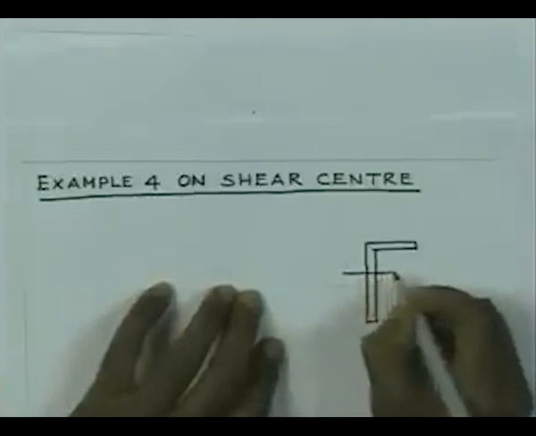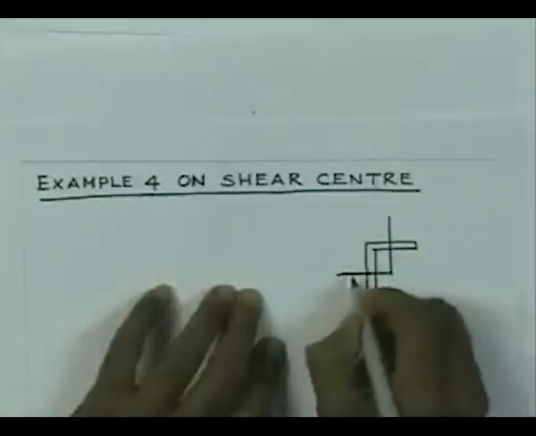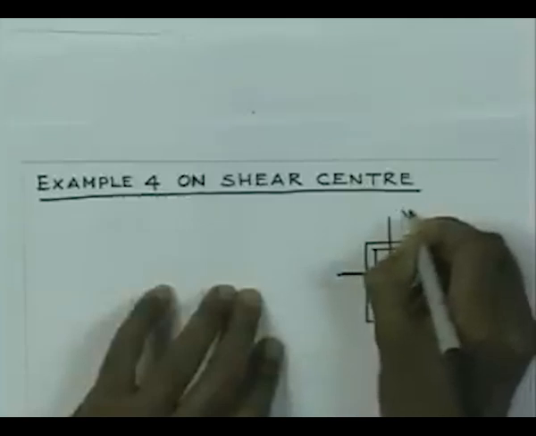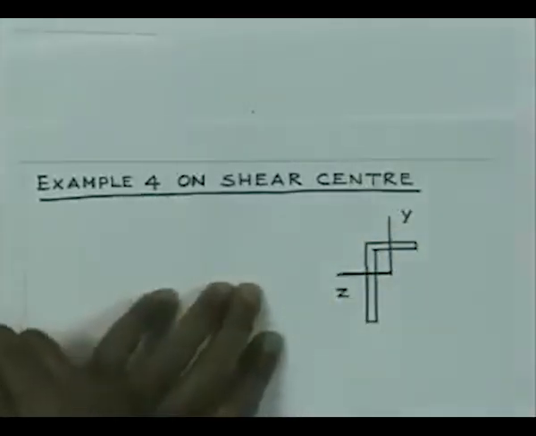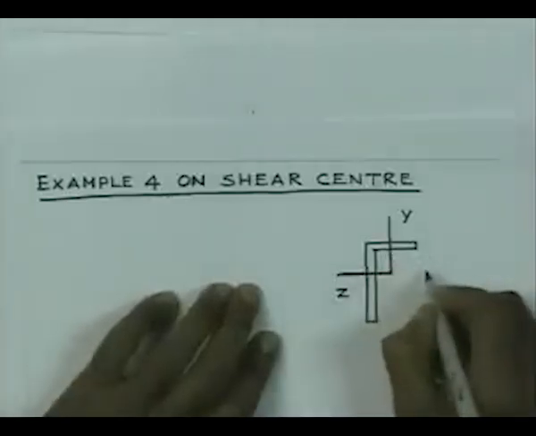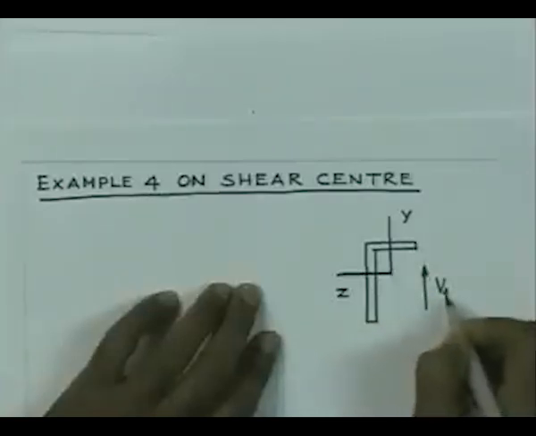Let us say that these are the two axes here, which are both unsymmetric for the cross section. Now, if I am trying to apply a load, let us say I will apply a load parallel to V1, then in that case